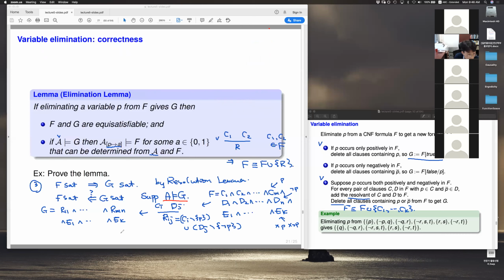So we are in this form. Now A satisfies G. Here's some property I want to show. If A satisfies G, then we have either A satisfies every Ci